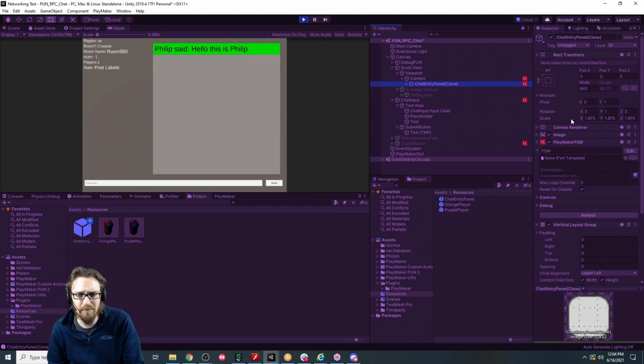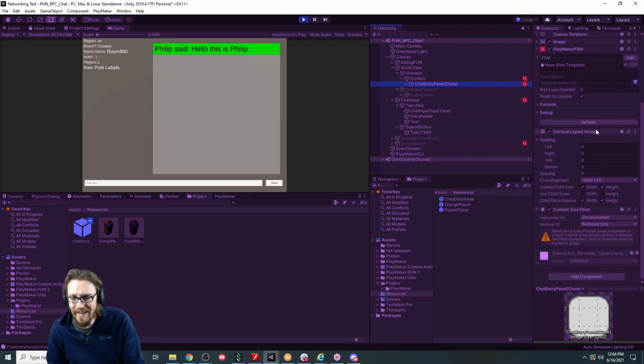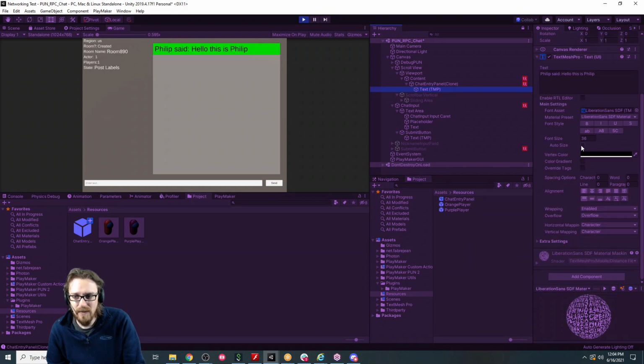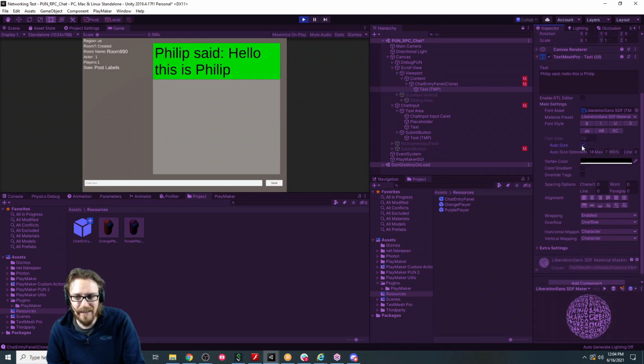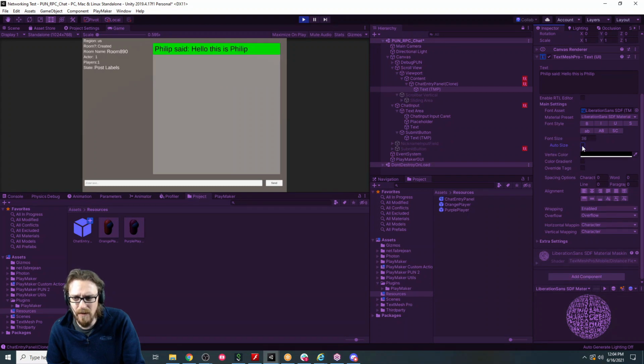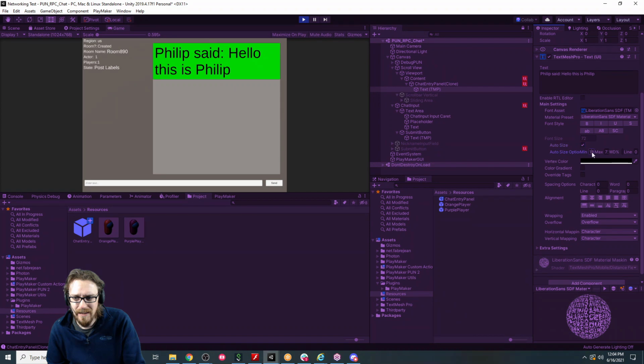The font's a bit big, and the reason it's big is, I don't know exactly what happened, but it got scaled somehow. I don't know why it's scaled. What if we auto size the text? Oh dang. Okay, because the minimum's 18. It should have gotten smaller. If I make this 1,